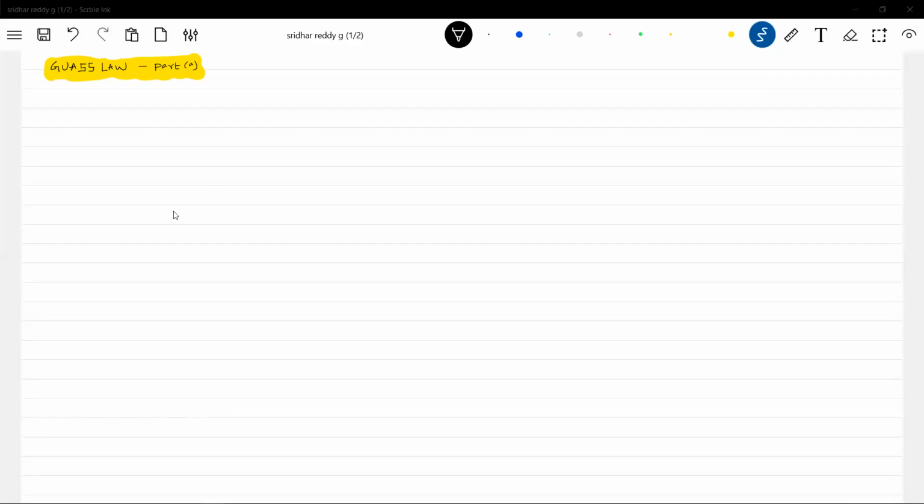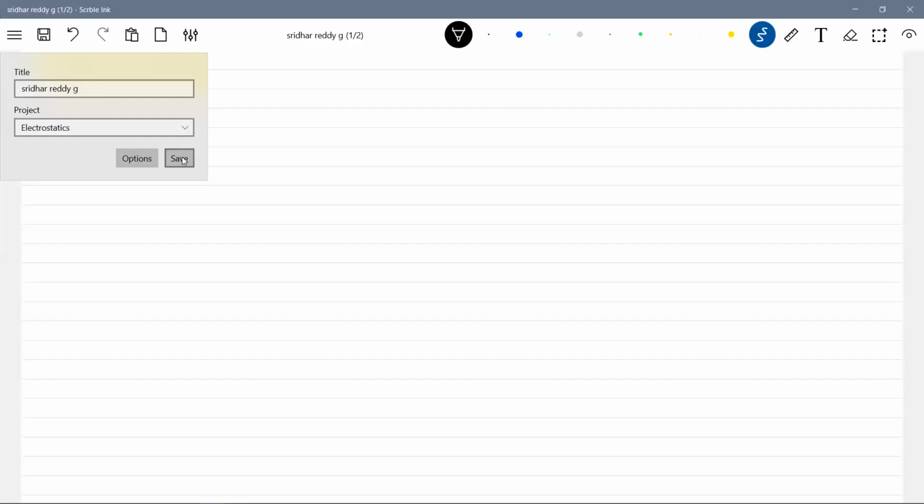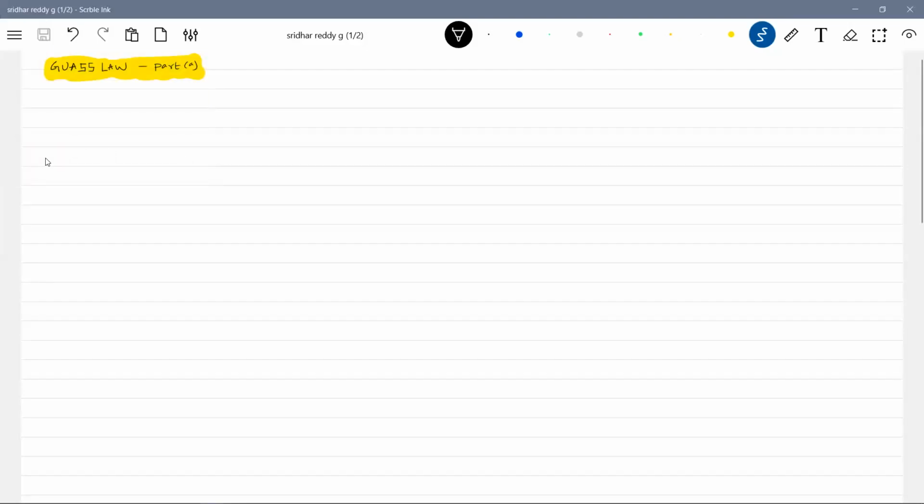Okay, let me begin like this. I think we already had a discussion, if you can remember, in the gravitation chapter, we had a nice discussion on the Gauss law. So let me start with this. The flux is equal to integral of E bar dot dS bar equal to Q in by epsilon naught.